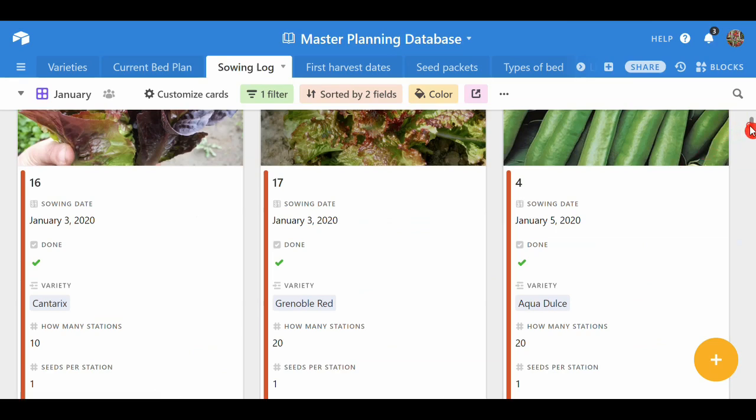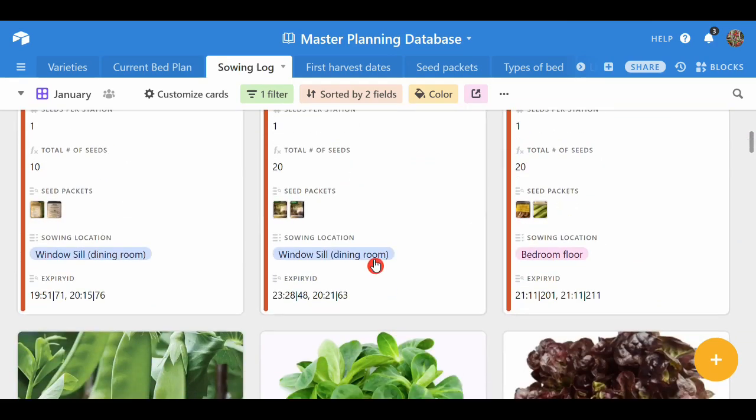Now I've got to scroll down again. Okay, so first off, that's 2023, so that's the year. That's week 28, and that is seed packet number 48. And so this one is year 2020, week 21, seed packet 63. So at a glance I know that it's packet 63 that I need, and I need 20 seeds out of